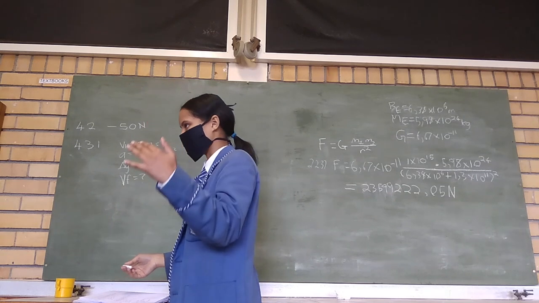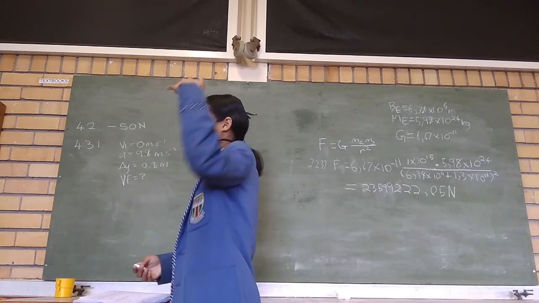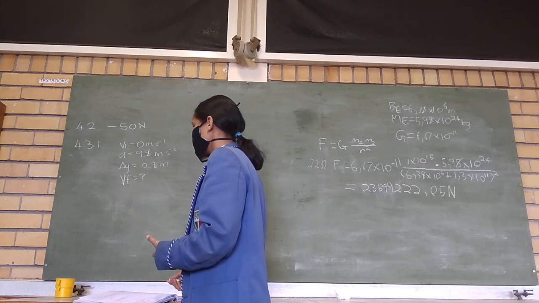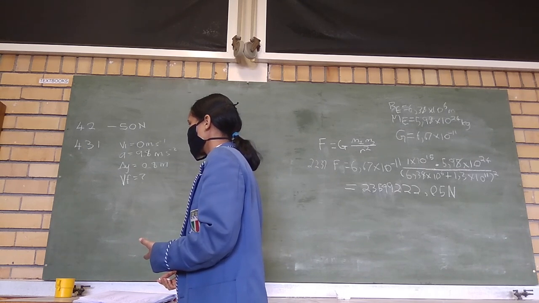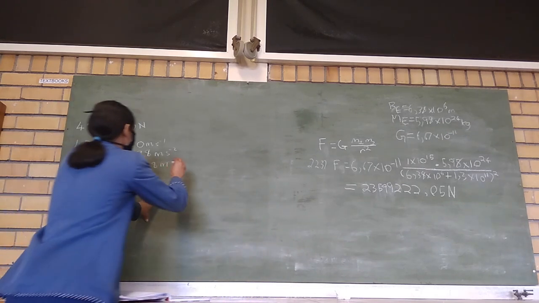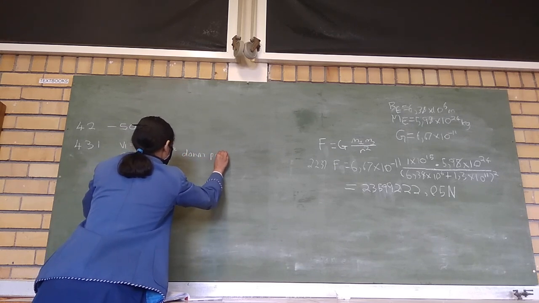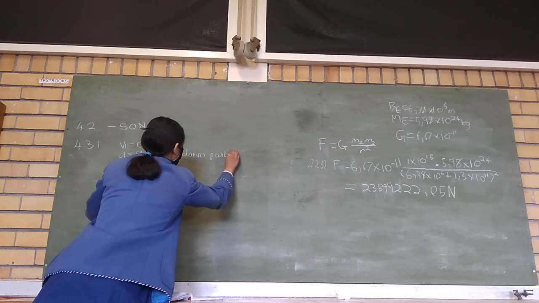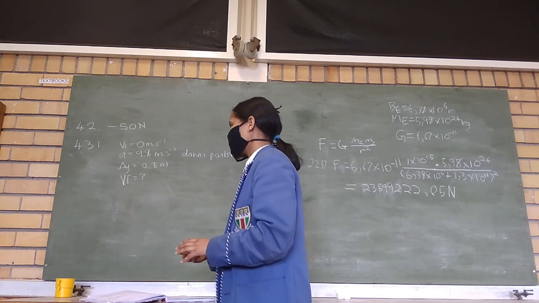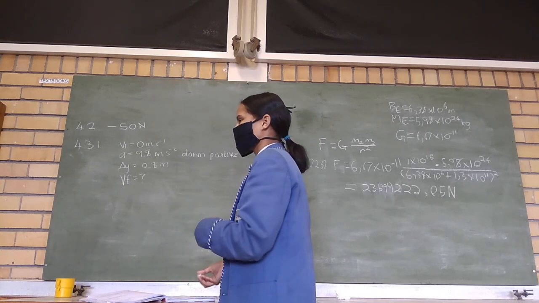Just write it with your variables, so your examiner is happy and knows exactly what you did. Delta y is 0.8 is given, and final velocity is unknown. We have to calculate it. So the formula is